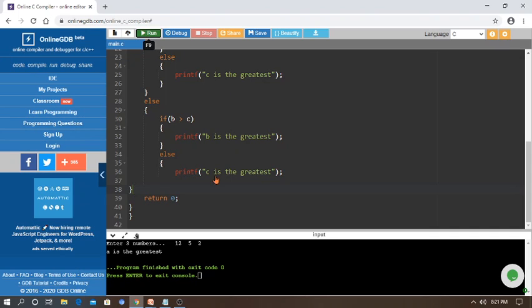I'm trying one more output. Like that you can check 3 to 4 outputs. I'm giving first 4, next 12, another value 5. So it will print B is the biggest one. Yeah, we are executing successfully. One more output I am showing here: it is showing C is greater, which means these conditions are false. 2, 5, 8. Yeah, showing C is the greatest, the biggest number. So like that you can use nested if easily. Back to the PPT.